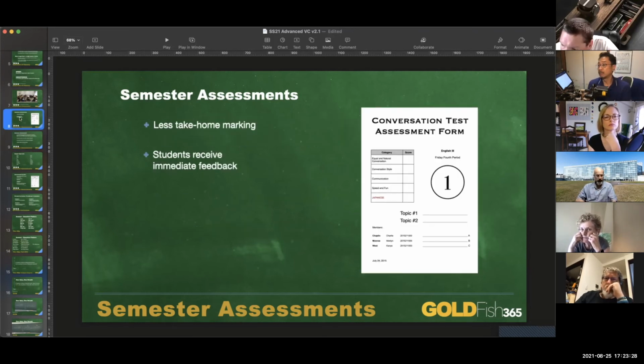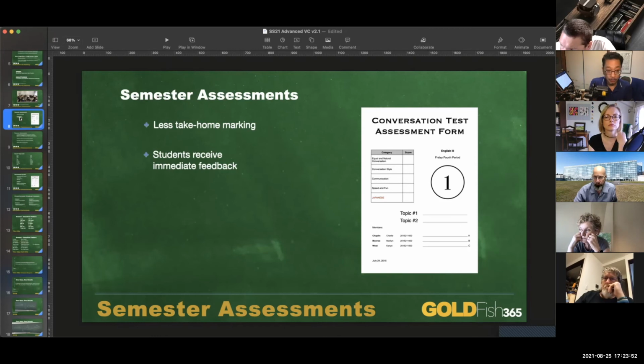But we make the groups. Tell them, okay, you're going to be making groups of 3 or 4. I'm not going to say who's in your groups. You just go ahead and choose the people that you like and give me a list of names. I get those names and put them into these sheets. These sheets will have that great big number 1 or 2 or 3, and that will determine the order of which group goes with me into the separate room to do their test.